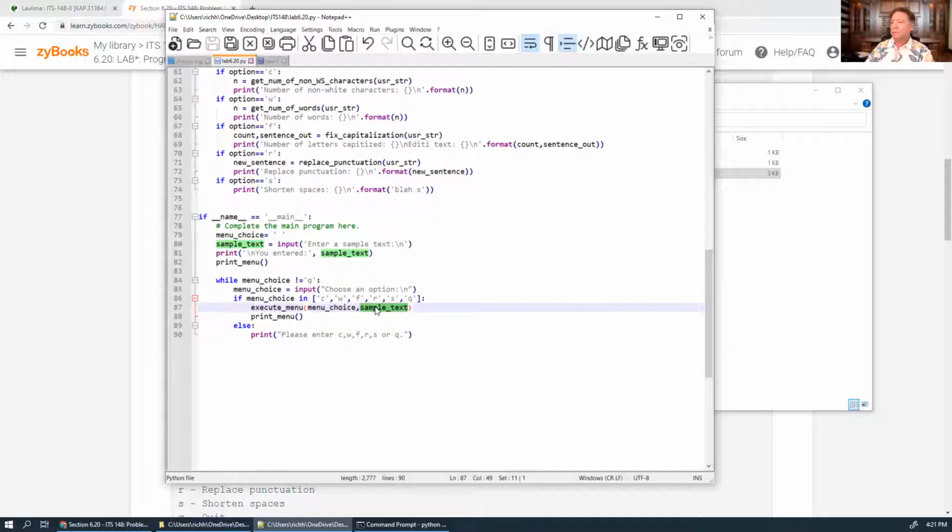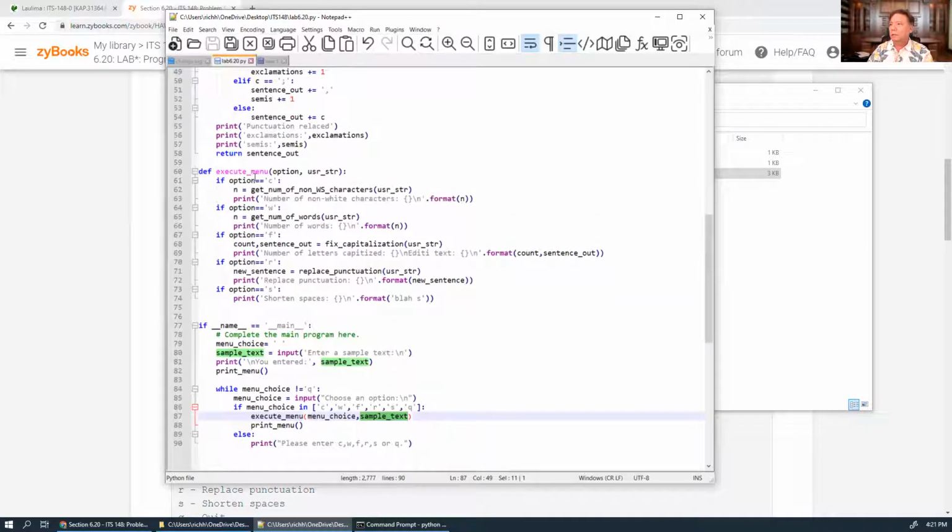How about if I do this? Execute menu does this, and what comes back is always